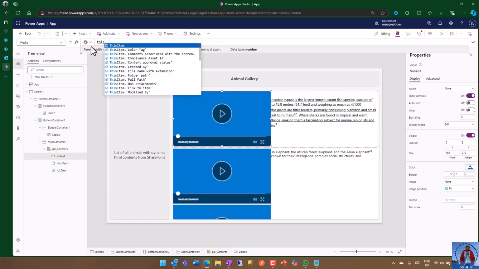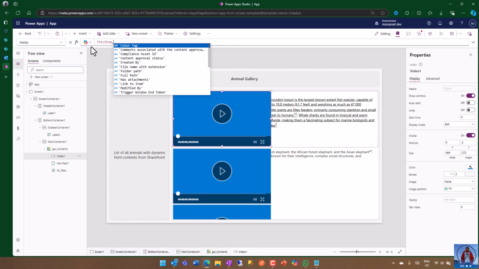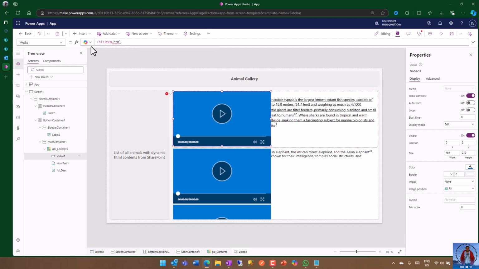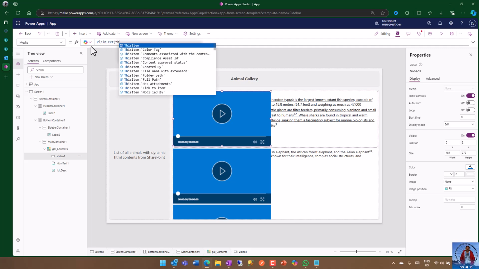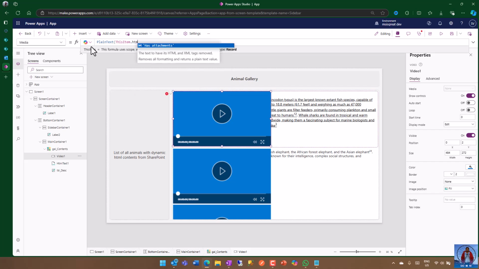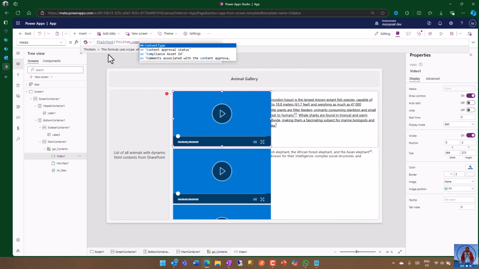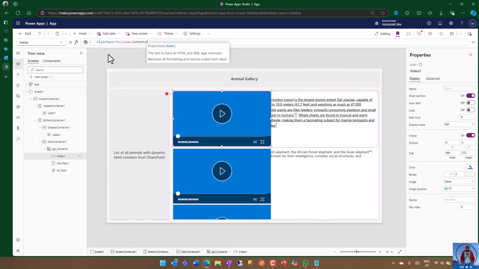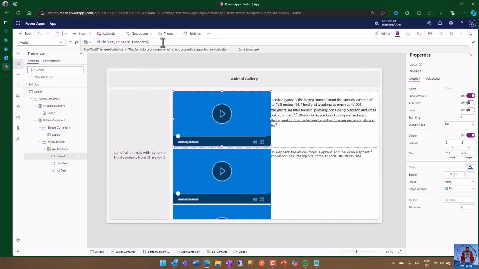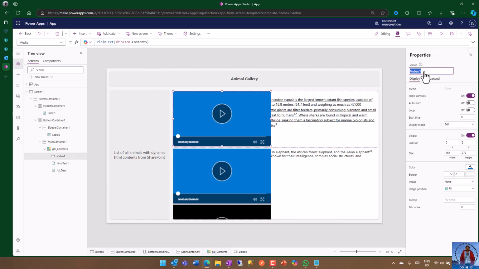We should link it to this item dot HTML. Let me do so, plain text of this item dot HTML, sorry, contents. Oops, contents, yes, and plain text. Okay, you can see here it starts to appear. Let me rename it to,